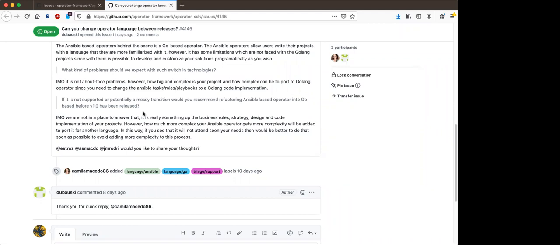I only think that the more things they do in Ansible, the more work you have to support, but that's just it. The bigger and more complex the Ansible project, the more complex it will be to port to another language, as with any other application.